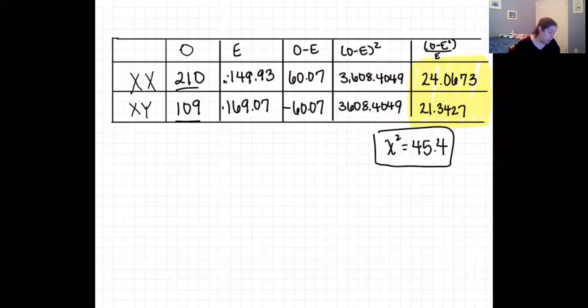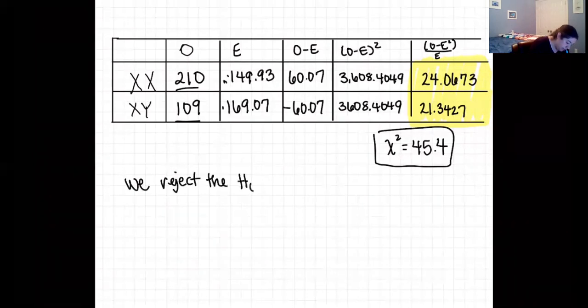So let's take a look now, and whoa, that is a big, big difference. The chi-square is much higher than that critical value we were looking at. So when you write your conclusion, you start by saying whether you reject or fail to reject the null hypothesis. And in this case, we're going to reject it. We reject the null hypothesis that the ratio of boys to girls